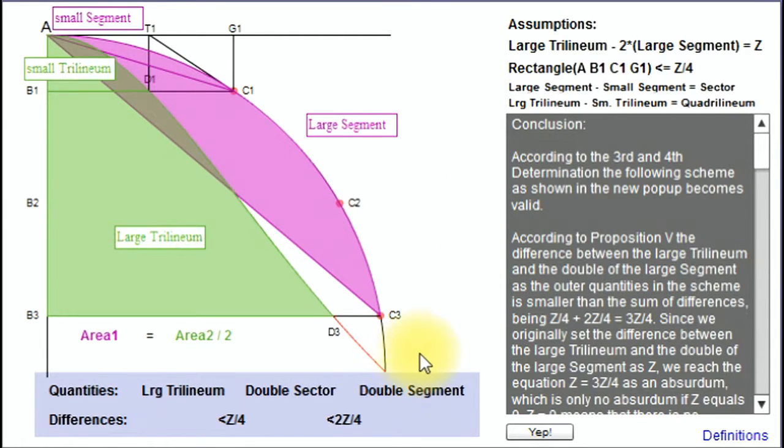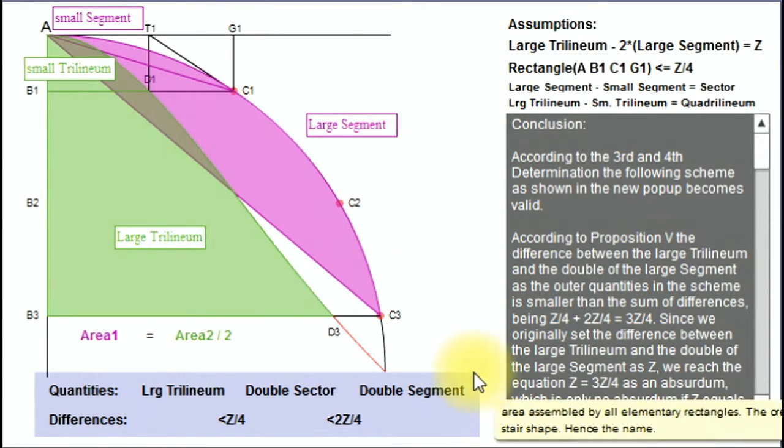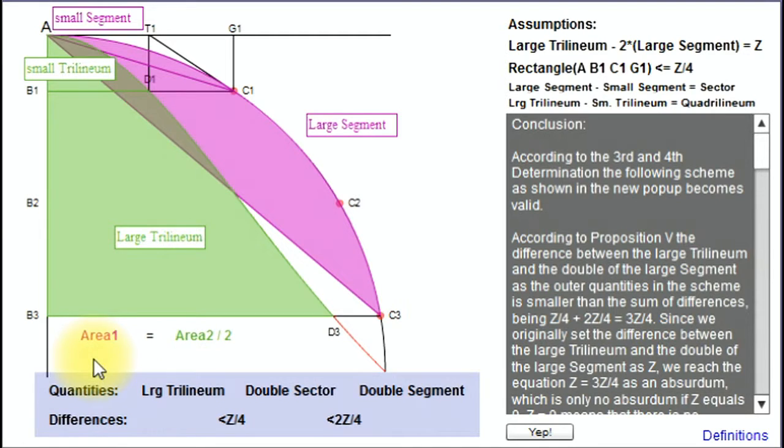And we also constituted, that was determination 4, that the difference between the double sector, which is again this, and the double segment, which is the double of this, must be smaller than 2/4 of set. So this is giving us a series, and this series is of some order, but in any case,